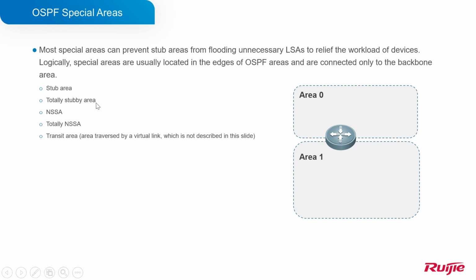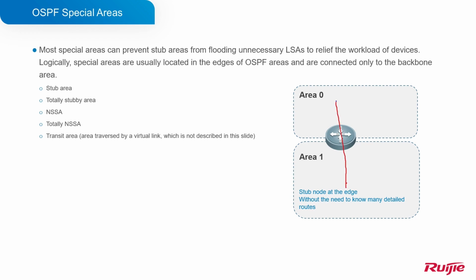Okay, for these four types of stub area, we usually use them at the edge of the OSPF area. So what does this mean? Here we can see this topology, and here is area 0, right? There is area 0, the backbone area, and then there's area 1, a non-backbone area. And for the non-backbone area, maybe this area is the edge area, and for the edge area, actually, we want